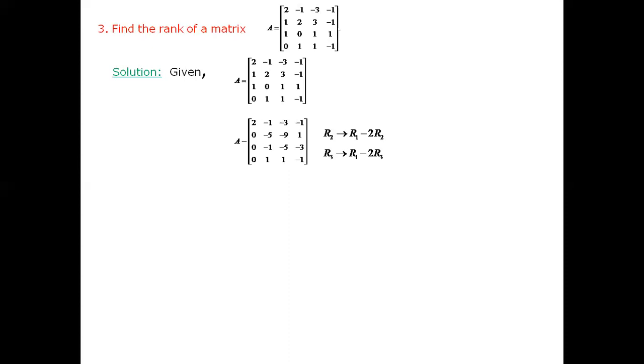Now we'll move to the second step. In the second step, as you know, you have to concentrate on the second row. The second element of the second row is the leading entry and it should be non-zero. You can observe that we have -5 here, so this is a non-zero element and this is the leading entry. The elements below the leading entry are -1 and 1. So I should make these two elements 0 using the second row. What transformation can you use? This is R2, which is -5, and here we have -1.